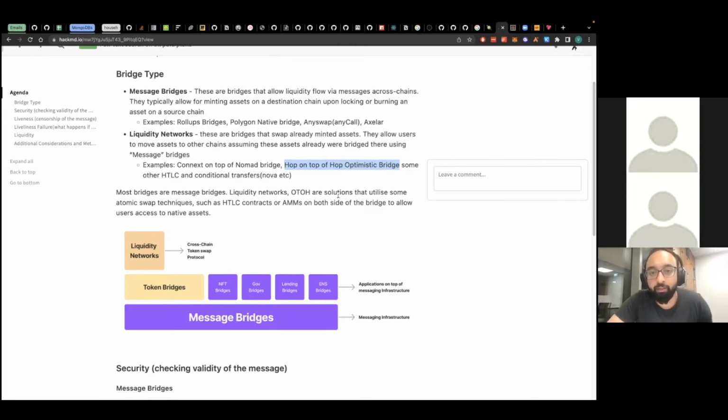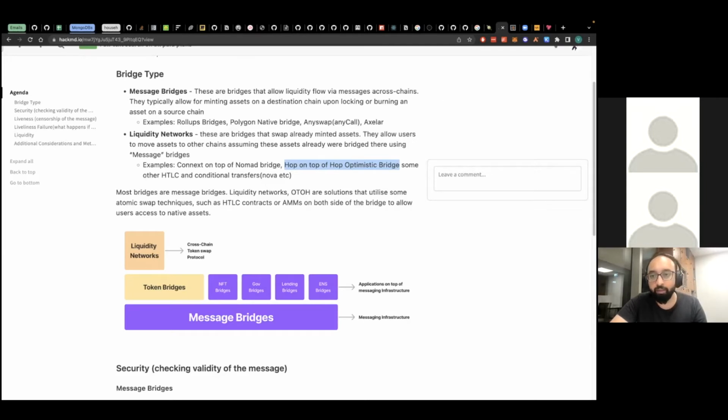Quickly checking into the questions here. Yeah, I would definitely call Stargate... I don't know if people can see the Zoom chat here. Do people see that? I can repeat the question otherwise. We can see it. Okay, sweet. Yeah, so I would definitely call Stargate a liquidity network. Yes, it does not use an atomic swap, but